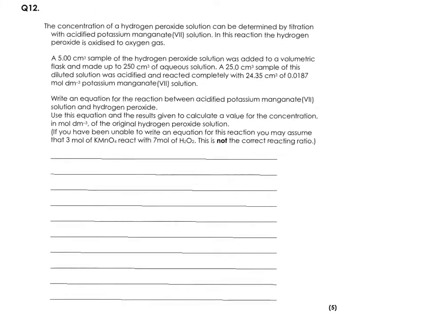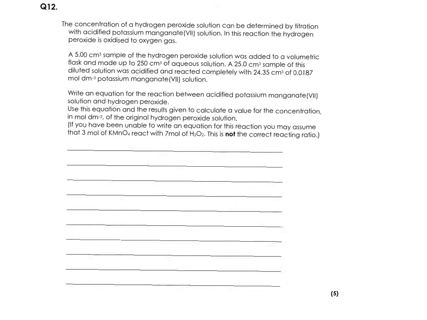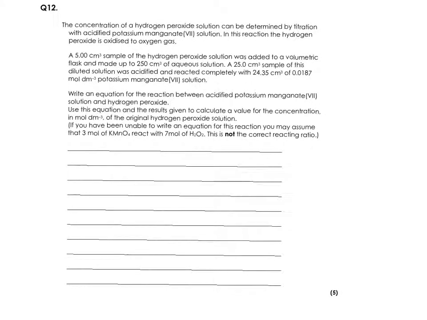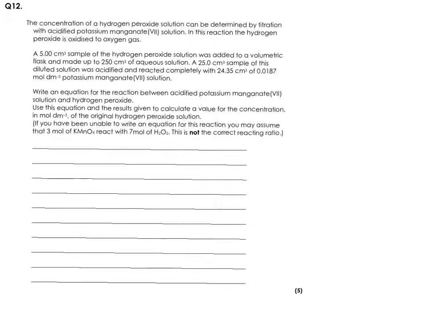So this next question, we've got another redox titration to practice. So let's write out our usual steps. So first step is to work out the equation. So what we've got here, we've got hydrogen peroxide, and that's reacting with potassium manganate. So hydrogen peroxide and potassium manganate. So your equation here